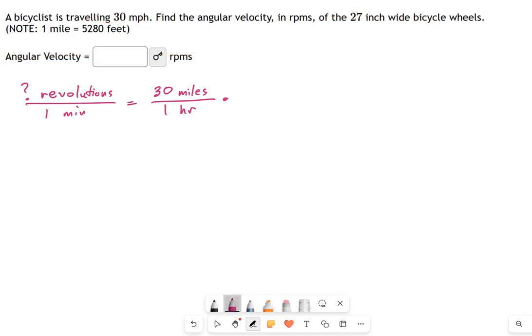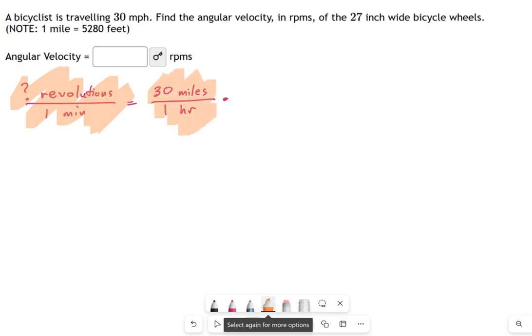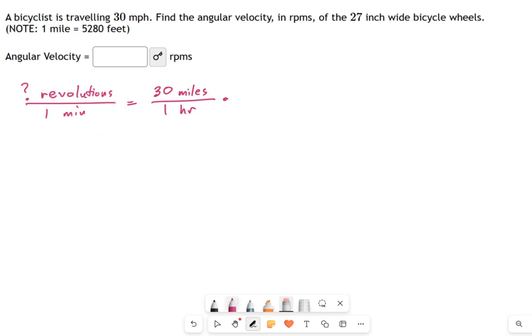Okay, so let's figure this out, and I'm going to use the standard procedure where you set up the speed that you want on one side, my revolutions per minute, and you give it the speed that you have, which is miles per hour. And the conflict here is that these speeds are in different units. So we're going to work until we can cancel out the units in the right way to get revolutions per minute, RPMs. Now, the first thing I notice about miles per hour is it's in hours.